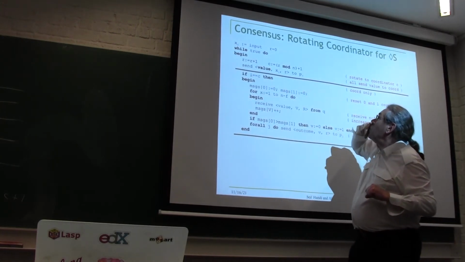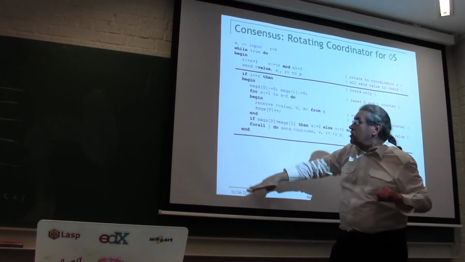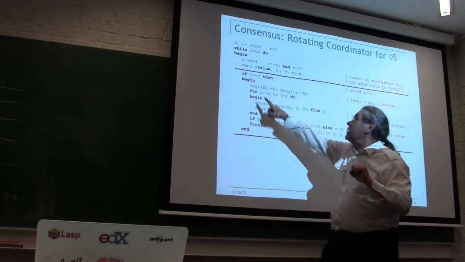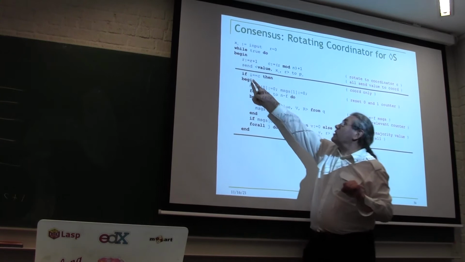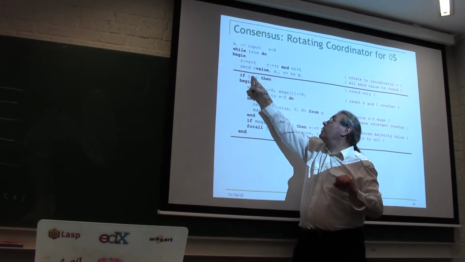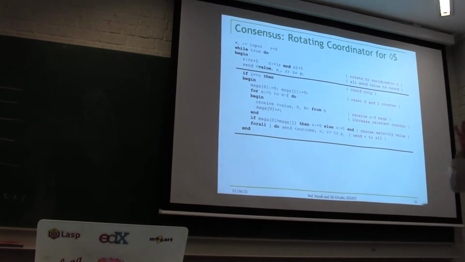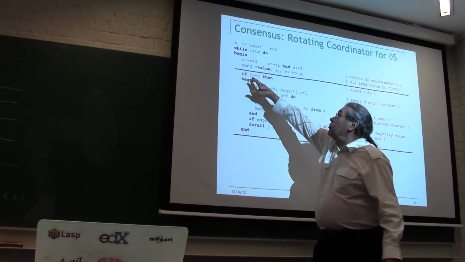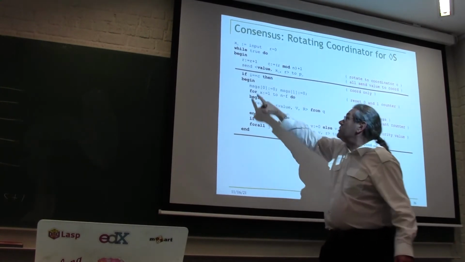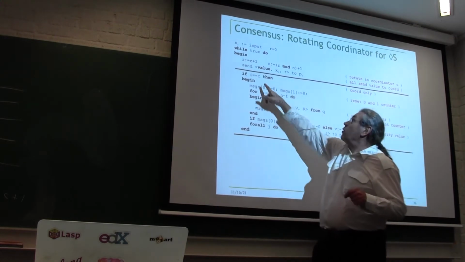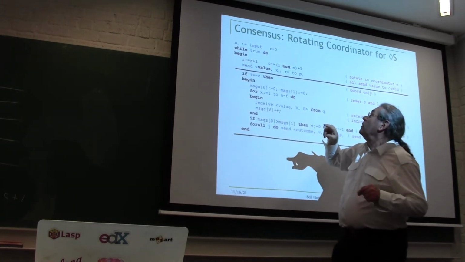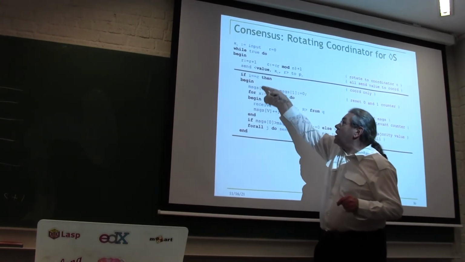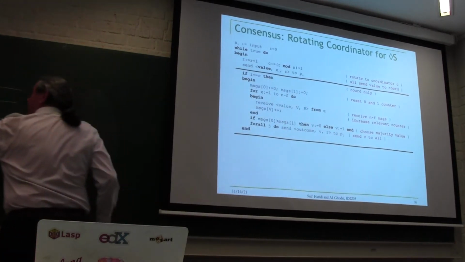So for PI, this code is copied n times, for P1 to Pn, where I is the number of the process. I is a constant here, not a variable. It's like a parameter constant, and this code has n copies with n different values of I. Whereas C is a variable, of course, and I'm incrementing it each time. So if I is equal to C, this code is running only on the coordinator. It's this piece.